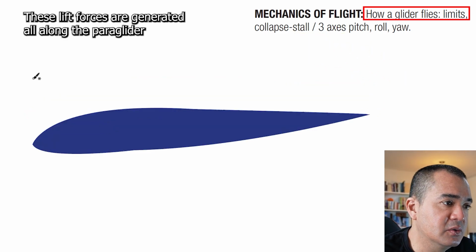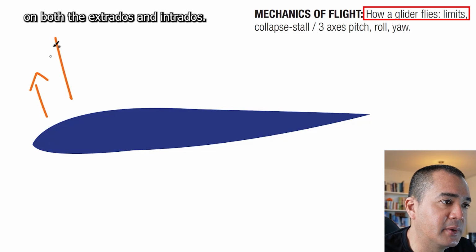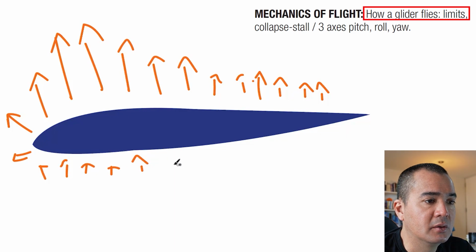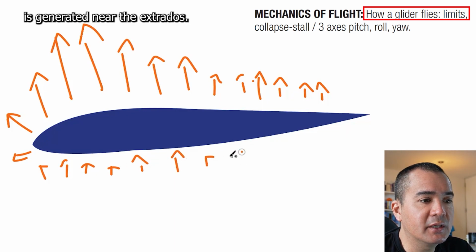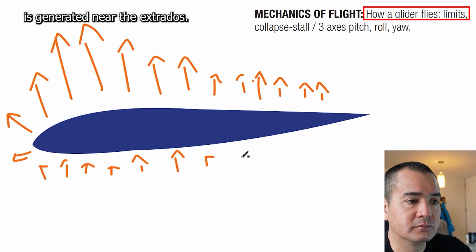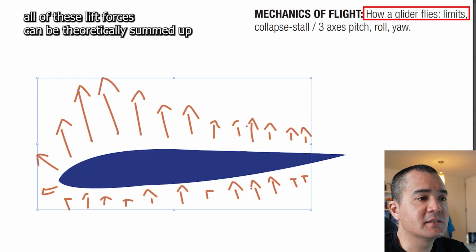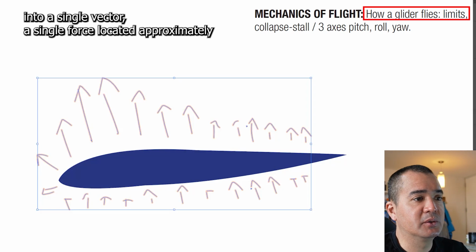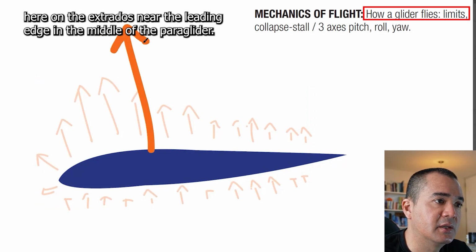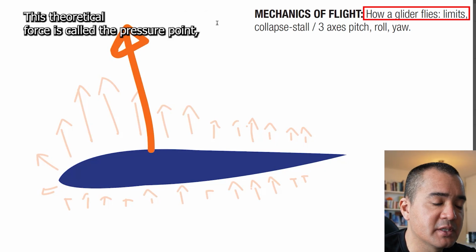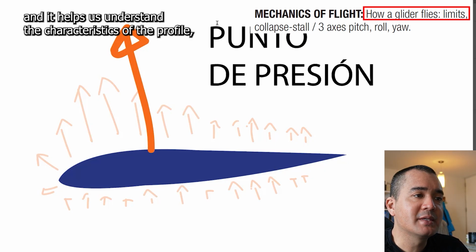These lift forces are generated all along the paraglider on both the extrados and intrados. Note that the greatest amount of lift is generated near the extrados, close to the leading edge, in this frontal area here. All of these lift forces can be theoretically summed up into a single vector, a single force, located approximately here on the extrados near the leading edge, in the middle of the paraglider. This theoretical force is called the pressure point, and it helps us understand the characteristics of the profile, particularly if